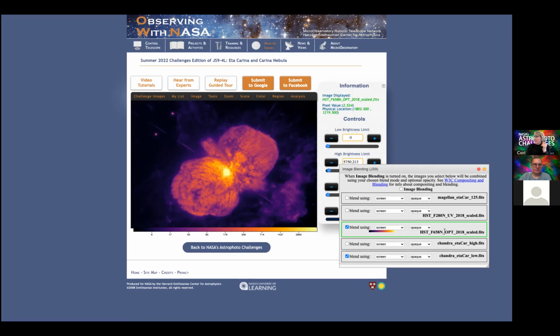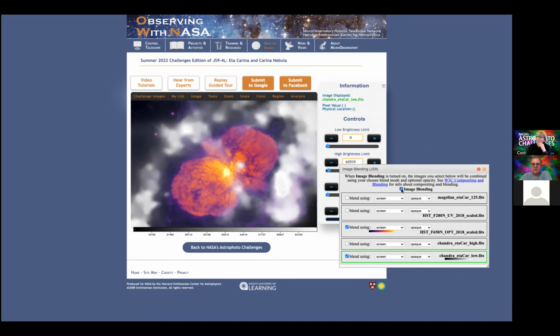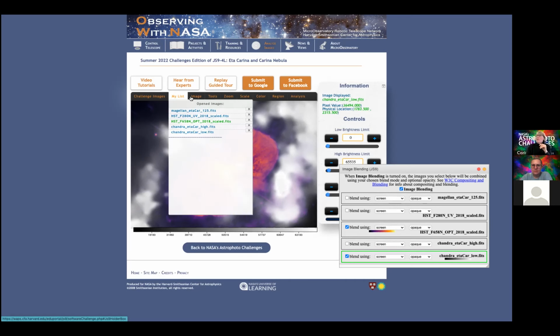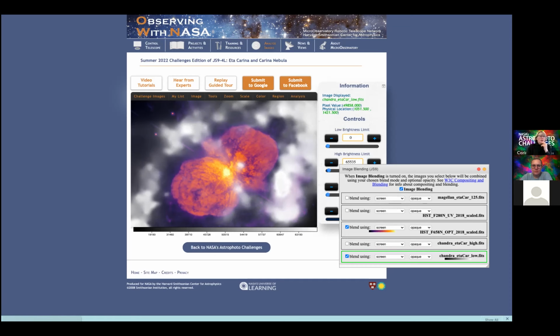So I'm going to blend this optical image that we're looking at now and that Chandra image by clicking those two images. I also have 3 others open here, but I'm only activating those 2, and blend them. And again, you can see that the X-ray hot gas is surrounding this erupting star area. So it's not in the same region, but you can get a wonderful image. You can then save that image as a PNG file. And that's the image that you can,